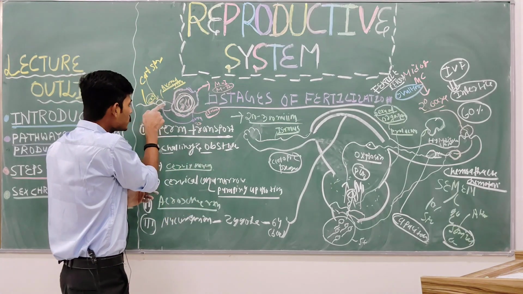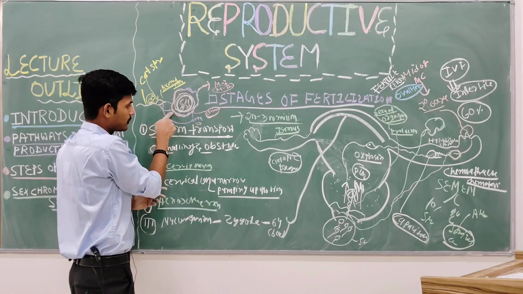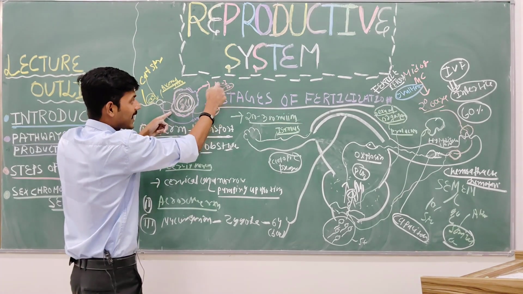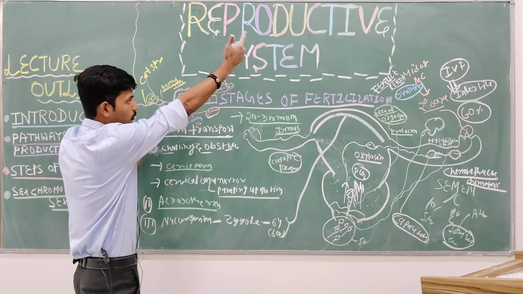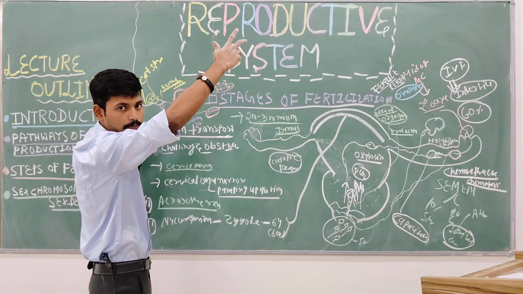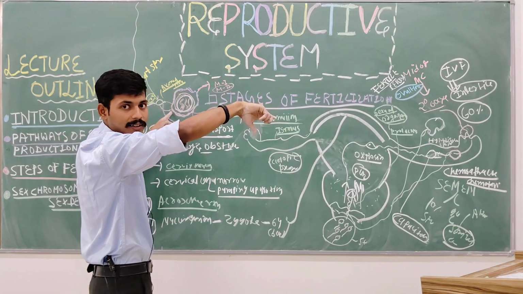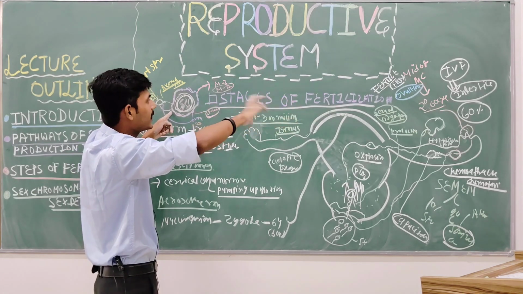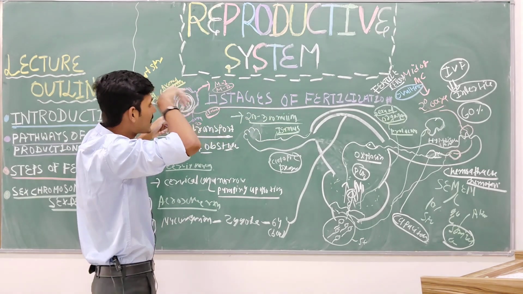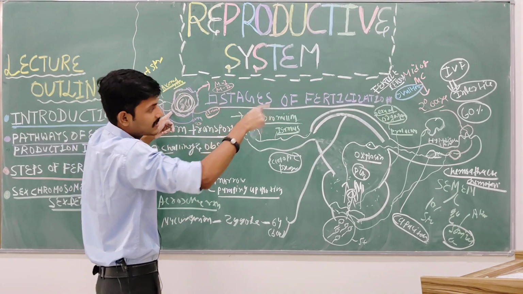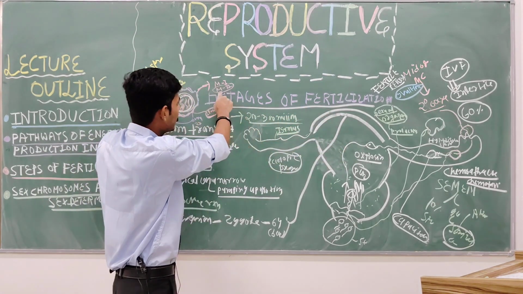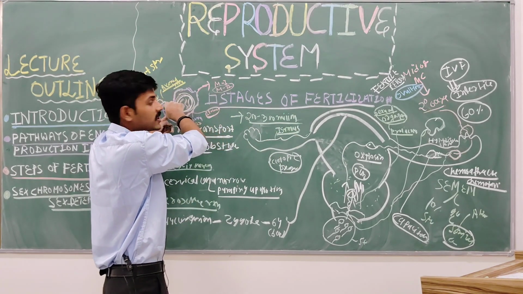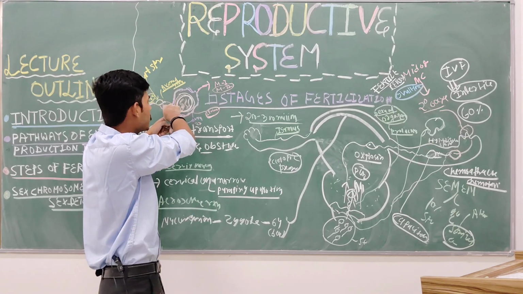As soon as it touches, the magical touch of the sperm, the egg completes the secondary meiosis, because you know that meiosis 1 started earlier and was completed during the ovulation period. Then another cycle, meiosis 2, started, but it is still ongoing. The completion of the secondary meiotic division depends upon the touch of the sperm. Okay, the magical touch of the sperm.